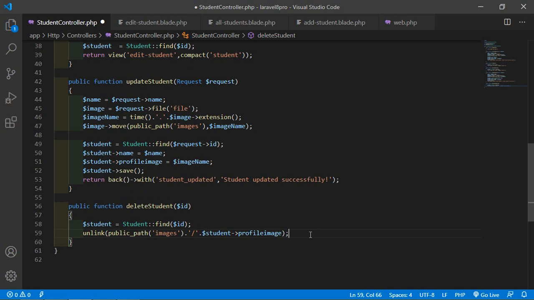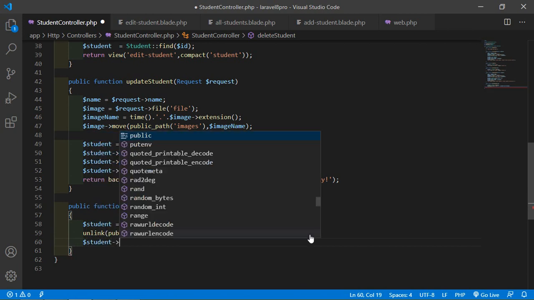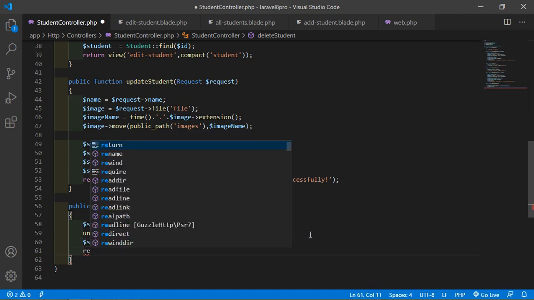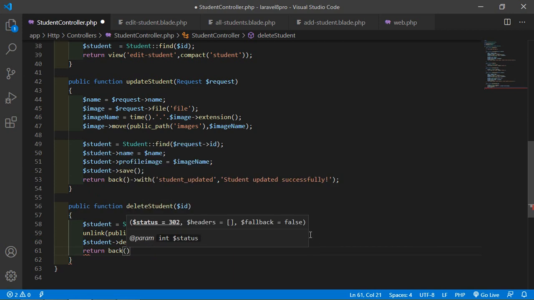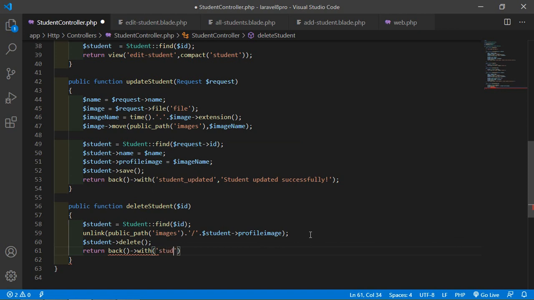Okay, and just add here a student arrow, call the delete function, so just write here delete, and simply return back with, add here the key student_deleted. Alright, and just add here the message student deleted successfully. Alright,